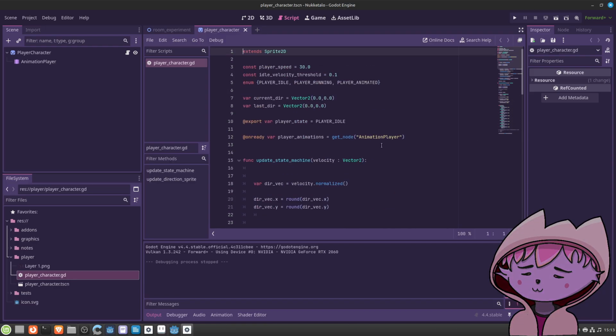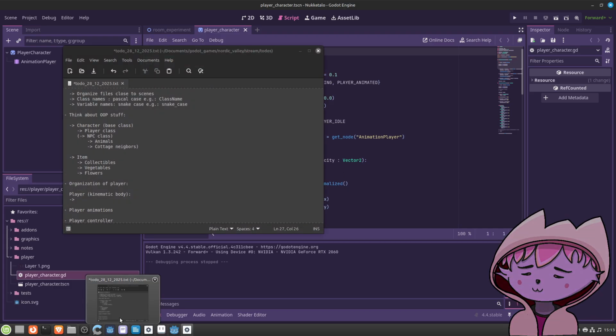Okay, this is just code for handling the animation. I would almost like to have this animation handling in its own script, or kind of like an animation manager. It's not the manager script. It's the animation handler.